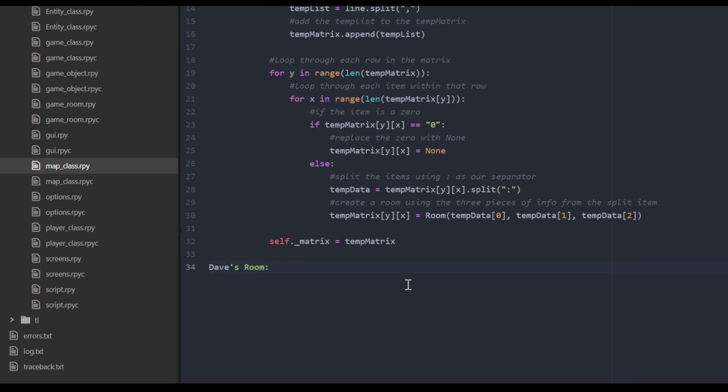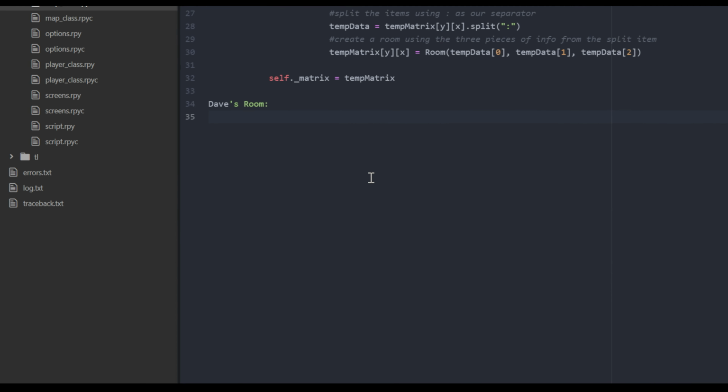So for example, if I have a 1, a 2, a 4 and an 8 there, okay, so that's a 9. So those are the values of our doors, okay? So if this is the north door, this is the east door, the south door and the west door. If I have a north and south door, I'll add 1 and 4, so my number to put in this space will be 5. If I have a north and west door, it will be 1 plus 8, which means